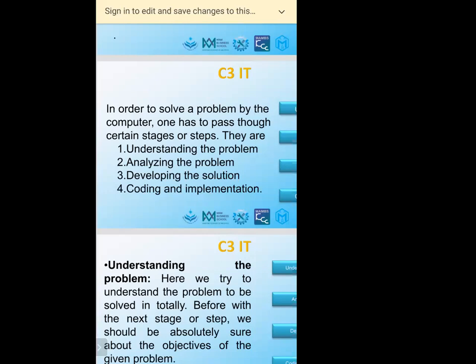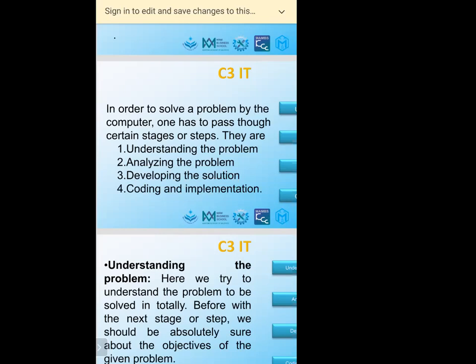For example, in your island, if some problem is coming, you will go to the Bodumaya of the island, the island chief will be there, no? Then you will tell the island chief. Then they will call the people and make a meeting. Then what is the problem? How do we solve the problem? What are the steps we can take? Likewise, they will provide a solution.